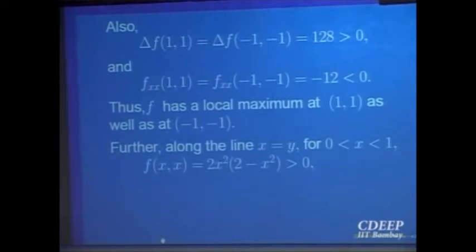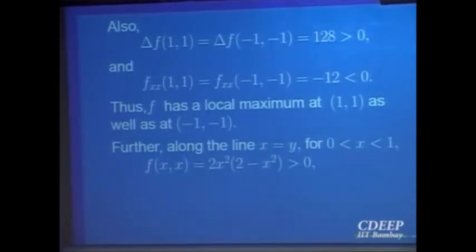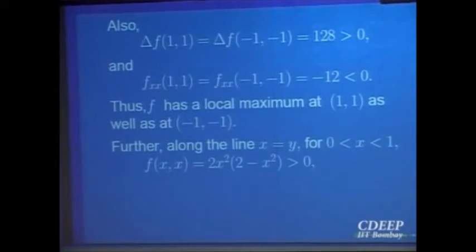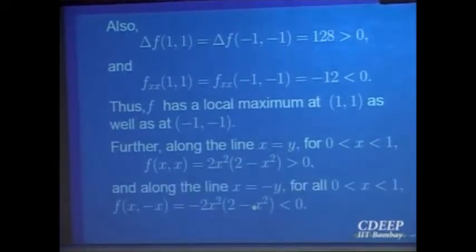If you like, you could have analyzed that point 0, 0 along some curves also. Here, I am just giving you an additional approach. It becomes very simple to analyze as a discriminant test, because at the point 0, 0 it becomes negative, a saddle point. But here is another way of analyzing it. Along y equal to x, it takes positive values, and along x equal to minus y, it takes negative values. So you can analyze at 0, 0.